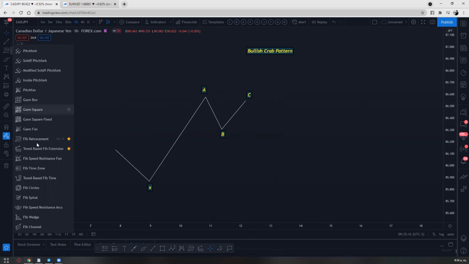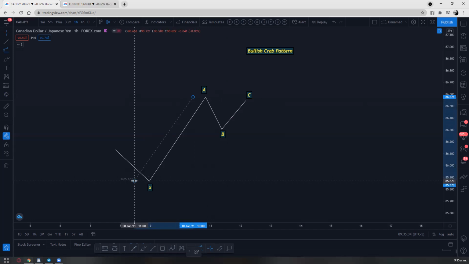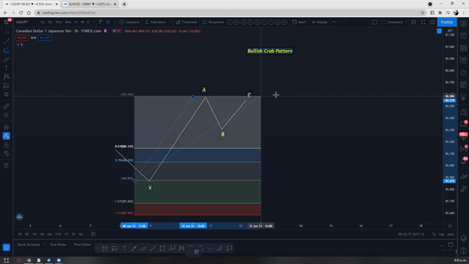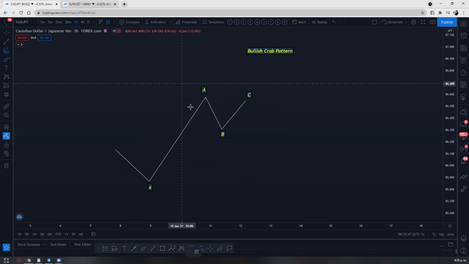of the Fibonacci. We're going to be using the other tool right here. So what we're going to do is go from point A to point B. Look at this tool, how it works. So from point A to point X, right? And go back to A. I'm going to go back to A. Like that. So you see, again, let me show you again. Don't get confused. Fibonacci extension from point A to X